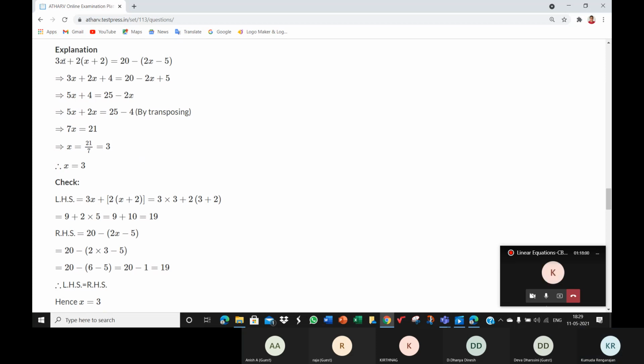So here, children, you can add or subtract only like terms. 3x plus 2. You cannot add these two first. Whenever there's a bracket and a number outside it, that means you should multiply every term in the bracket with the number or whatever term you find outside it. Now write this 3x as it is. Are you following the pointer, children? I'm pointing out to something.